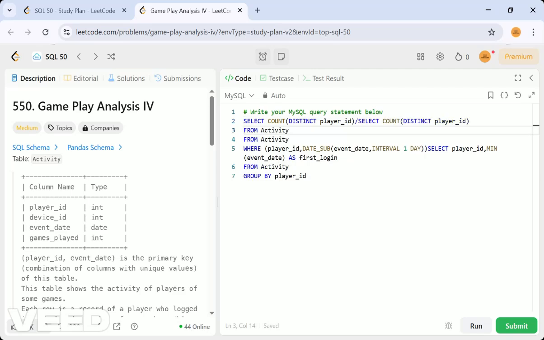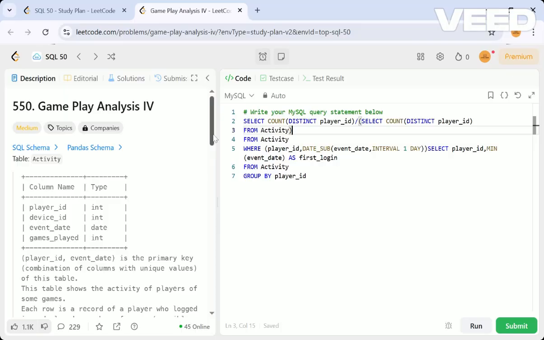So select total number of players, right? So we should have the total number again. Repetition is there in player ID from the activity table, so I have taken distinct. I have taken select count of distinct player ID from the activity table. So now we have this.